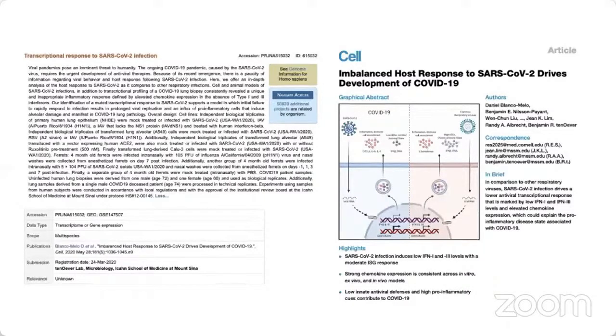So what do you do? You start to find data sets that are either associated with this publication or associated with host response to SARS infection. If you find data sets associated with this publication, then you can explore the data set for possible trends, and that will design your query or your question. Or, as I mentioned, you can search in the databases mentioned above, like Gene Expression Omnibus, SRA, or BioProject, for host response or human host response for SARS-CoV-2